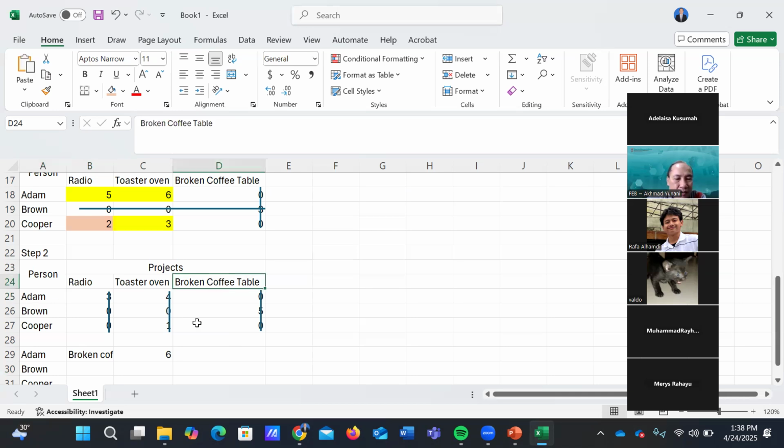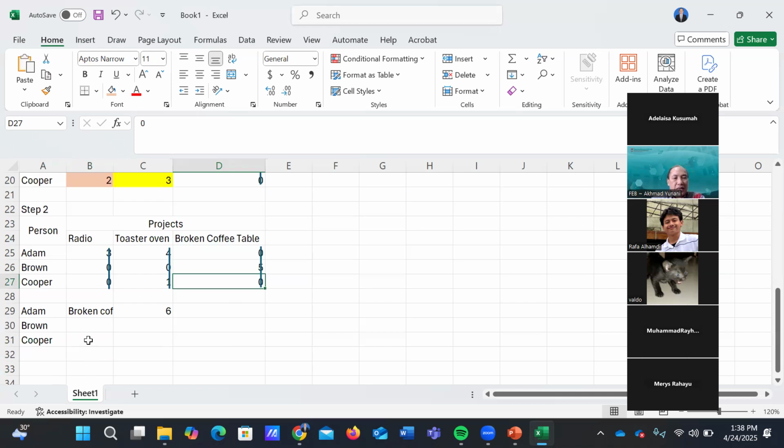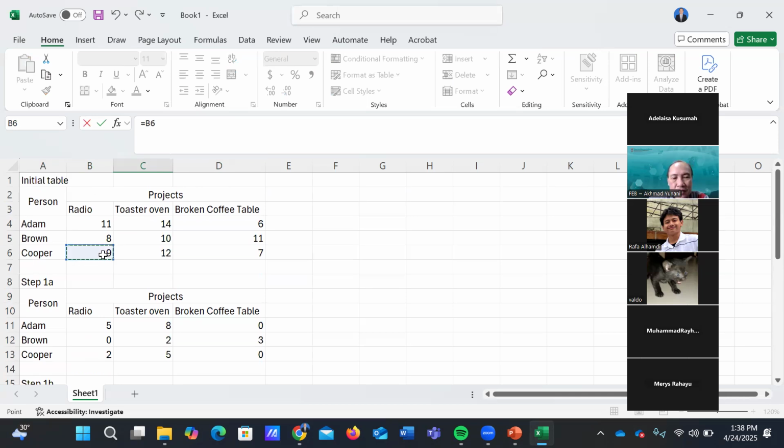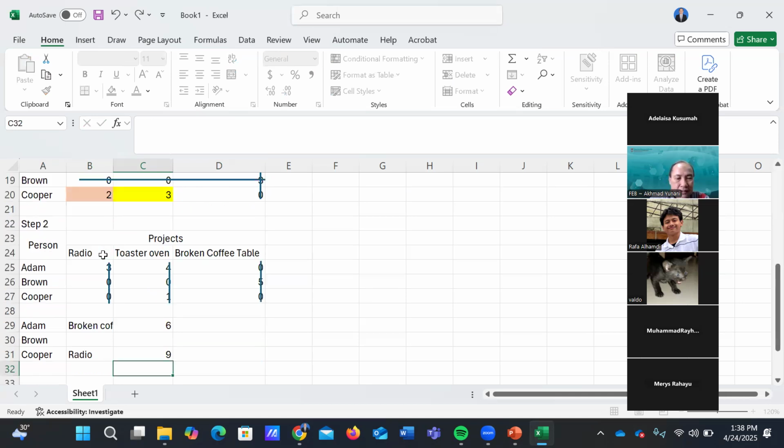So Cooper must be assigned to fix the radio. What is the cost to fix the radio? Cooper to fix the radio, the cost is $9.